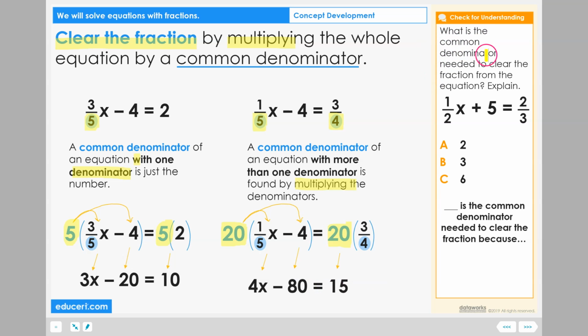Let's check for understanding. What is the common denominator needed to clear the fraction from the equation? Explain. 1/2 x plus 5 equals 2/3. Is the common denominator 2, 3, or 6? Blank is the common denominator needed to clear the fraction because